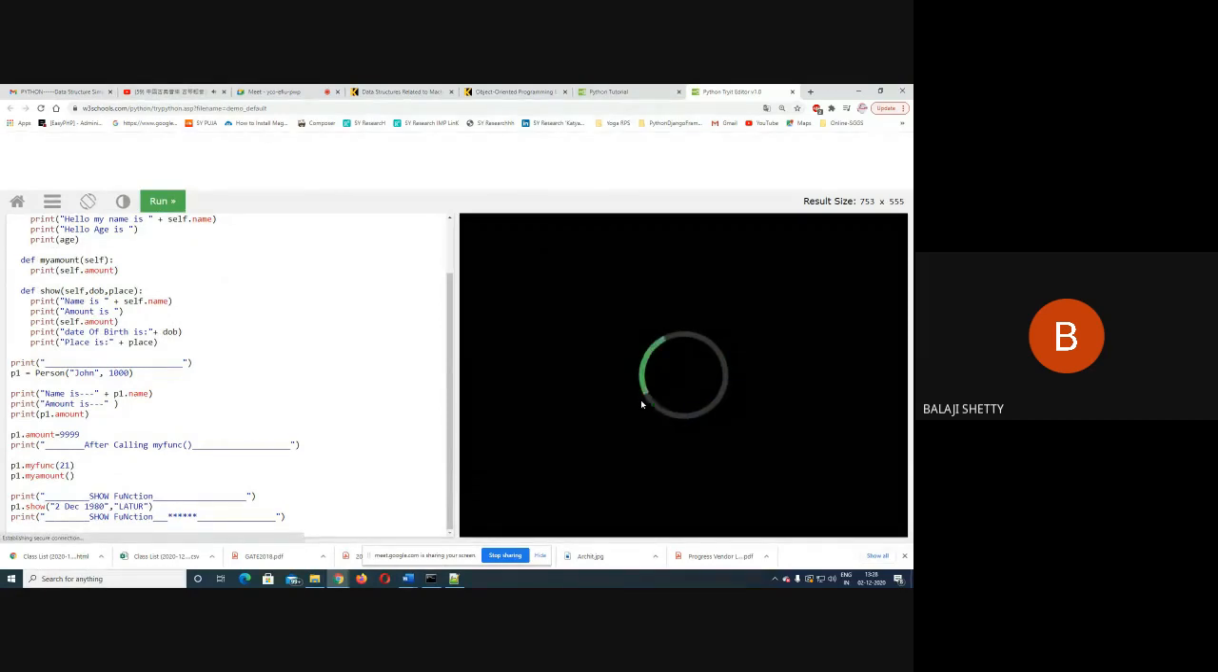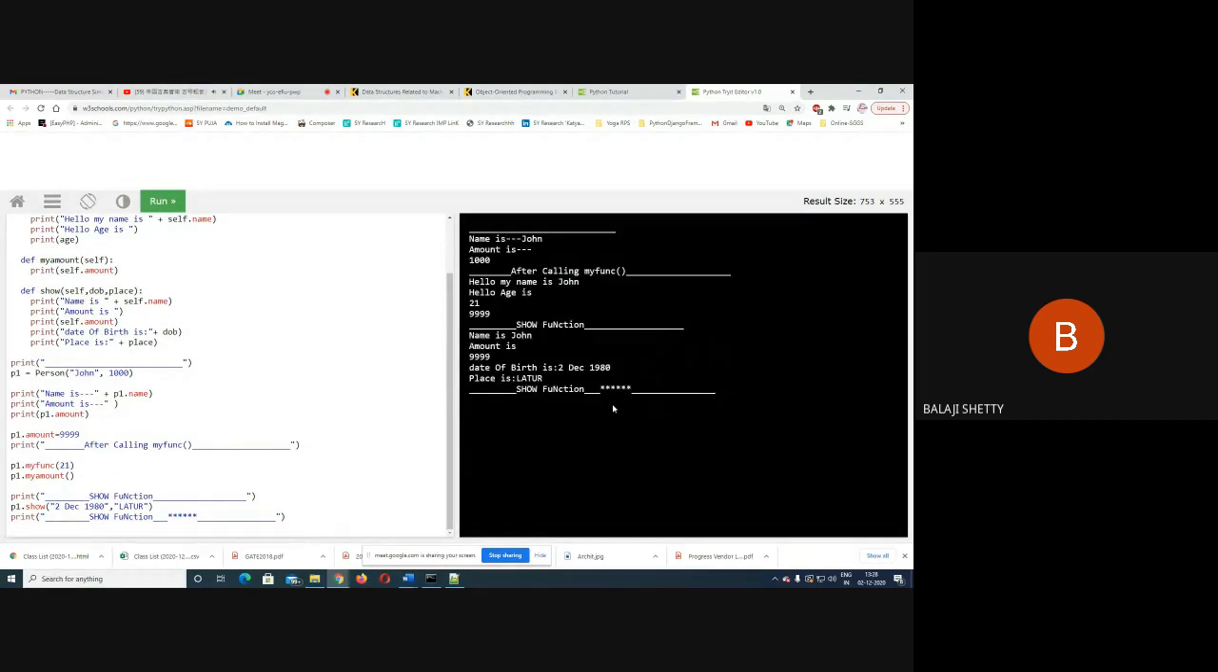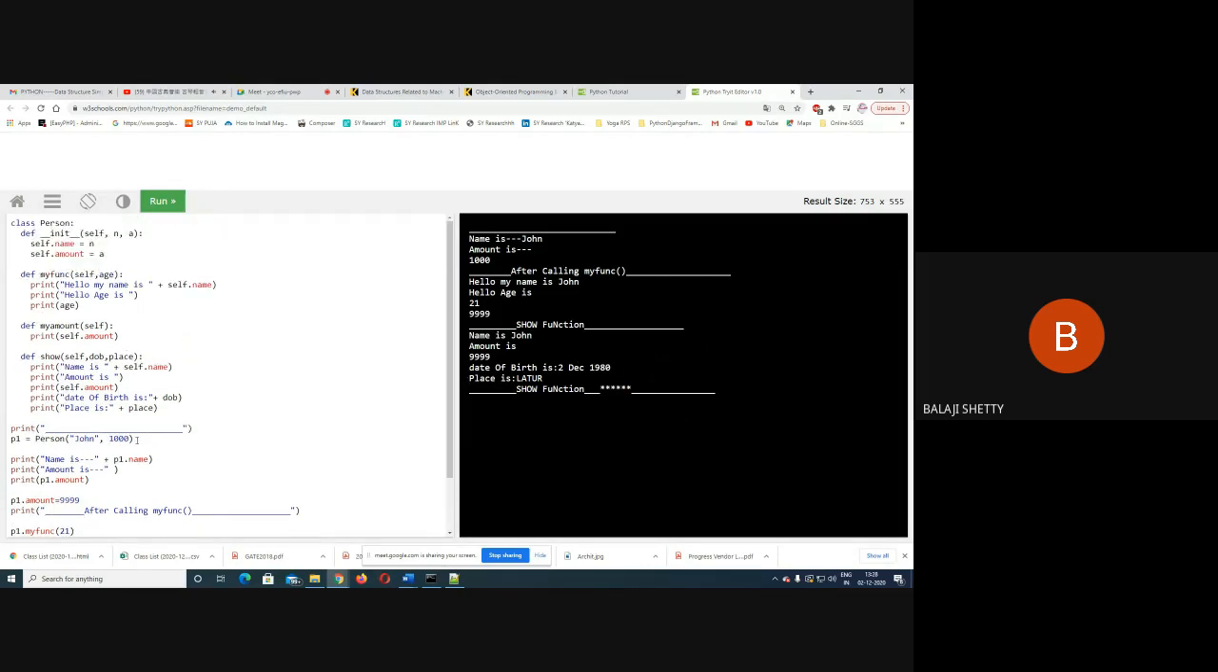Now what should be the output when I call this show function? Now show accepts two parameters, DOB and place. So the value of DOB will be 2 December 1980. The value of place will be Latur. And when I run the code, I get the output. Try to understand, these are not class variables. Class variables are only name and amount. And these are the variables that are passed dynamically when we run the code. Are you getting me or not? So let us run the code. Very good. Date of birth is 2 December 1980. Place of birth is Latur. Understood? From this example now,